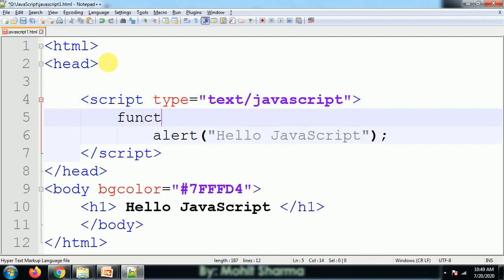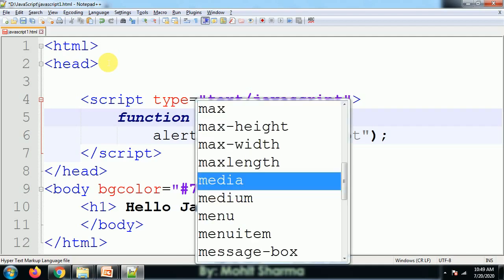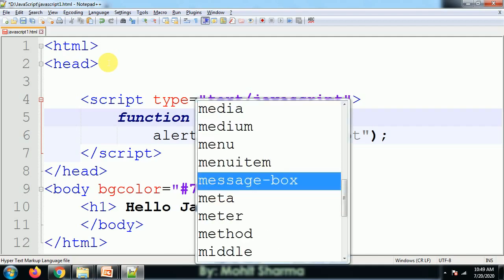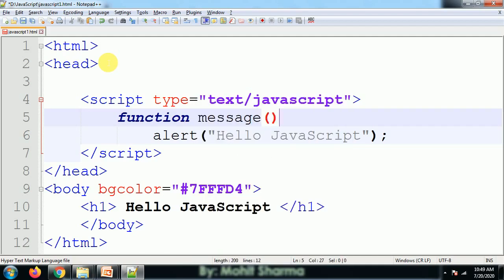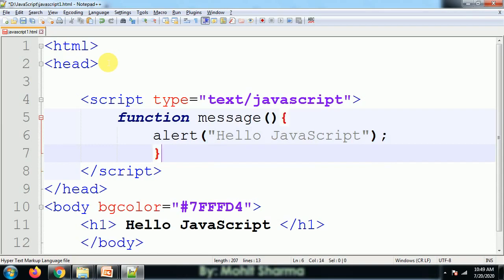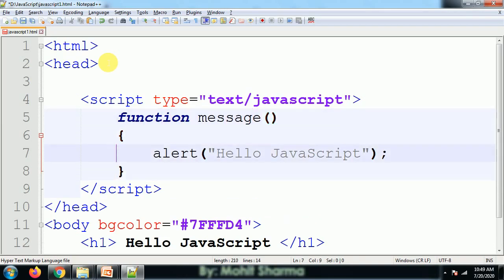Function is a keyword here for creating our own function. I'll create a function with the name message, give parentheses to it, and opening and closing curly braces. Inside these curly braces I give the same alert function which I have already used in the body tag.